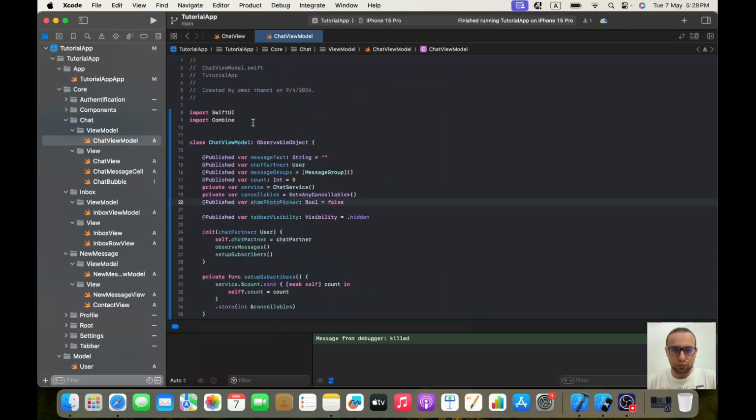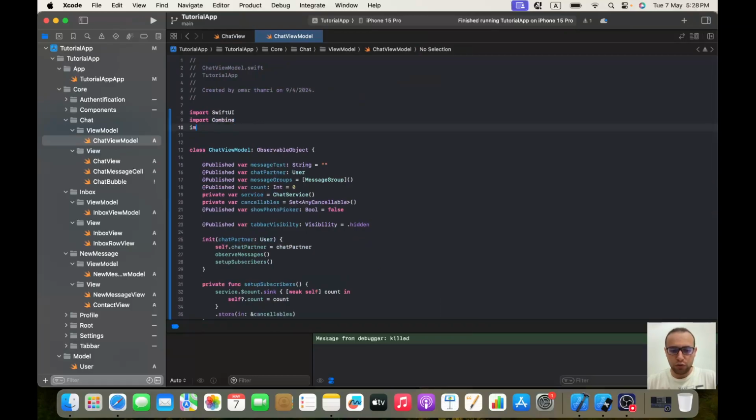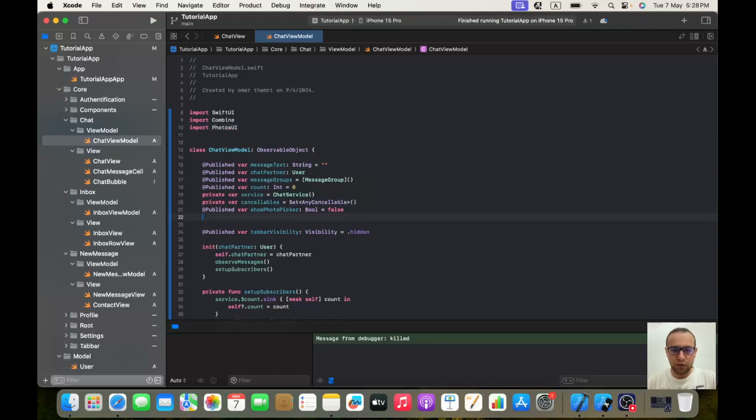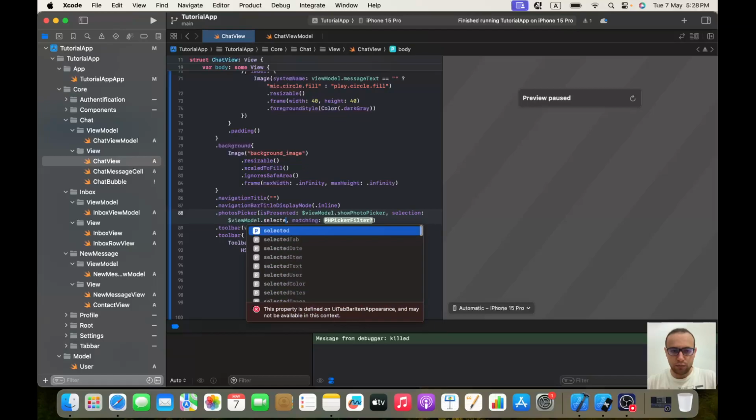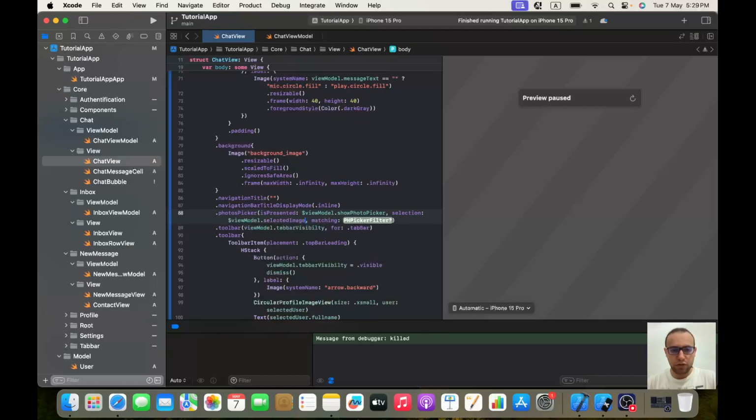So here we need also to import PhotosUI. Then here we will add @Published var selectedImage of type PhotosPickerItem, and it will be optional. And here we will call it, so it will be $viewModel.selectedImage. For some reason the auto completion is not working. Then for matching it will be dot